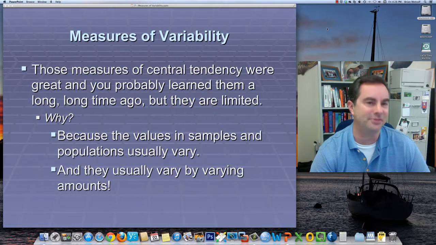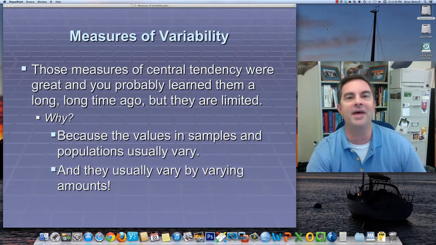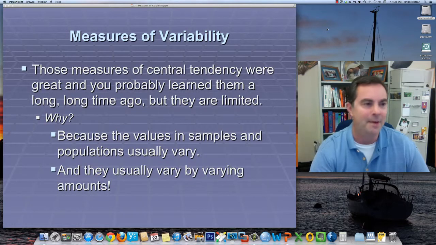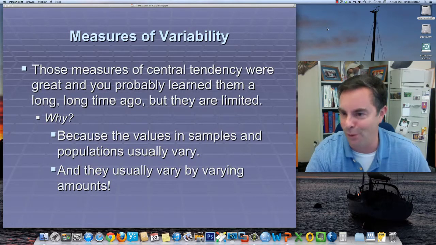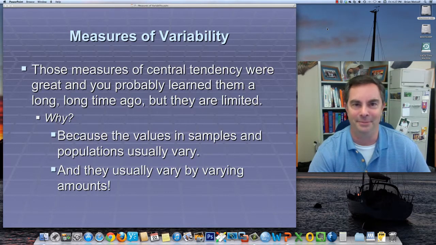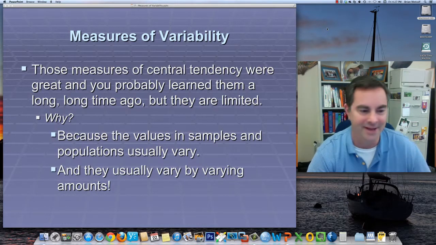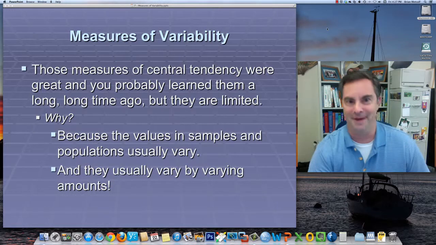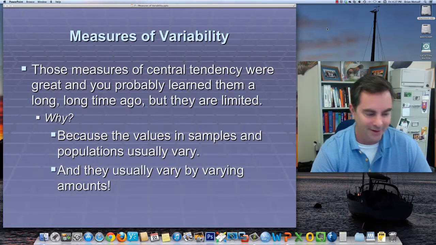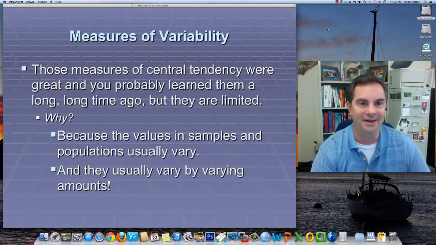One of the foremost things about behavior is that it's variable. Everybody's different. People don't behave the same. People don't behave the same way time after time. So if there's one thing that's unvarying about behavior, it's that it varies, and it varies by varying amounts. So that's what we're going to be turning our attention to now, some measure of that kind of